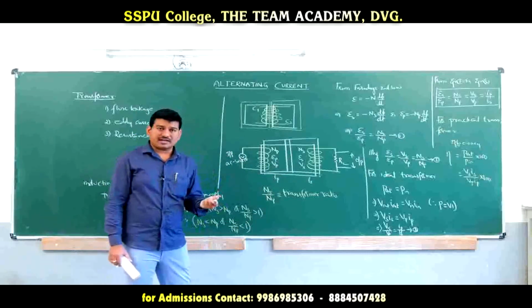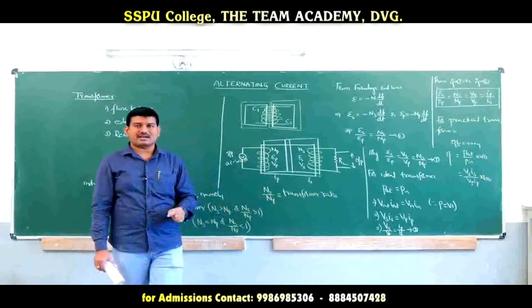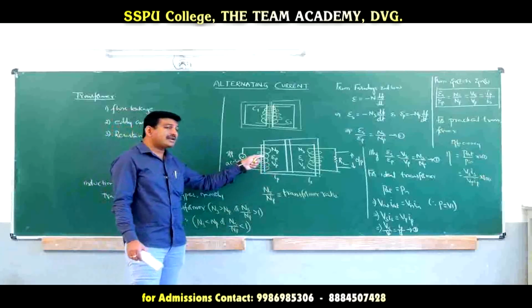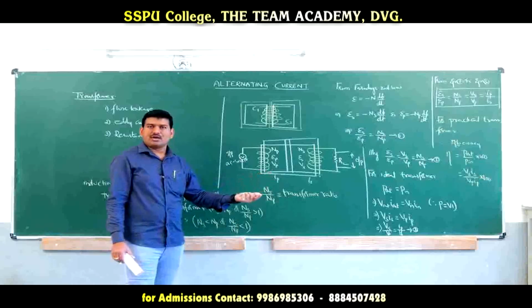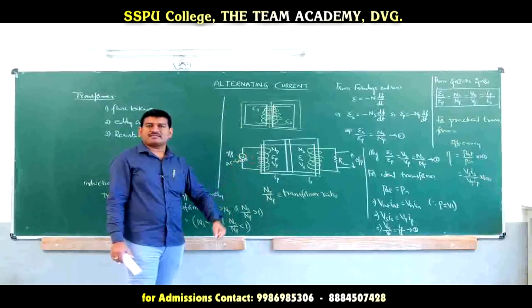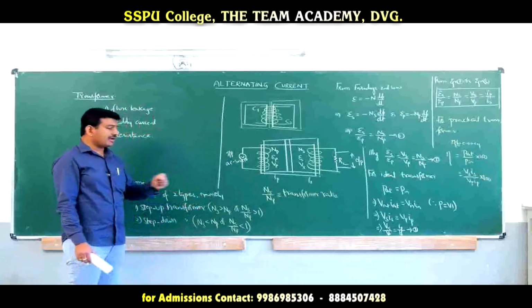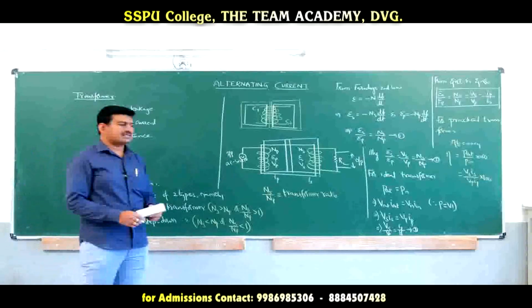The two coils are made up of copper or some conducting material only. As they are made up of conducting material, when current is passing through them, either through the primary coil or the secondary coil, there will be some resistance offered by those coils because they are not ideal coils. If they are ideal coils, then resistance will be 0. Practically, there will be some resistance for the coils, and because of that there will be some energy loss. This can be reduced by reducing the resistance of the coil. How to reduce the resistance of the coil?